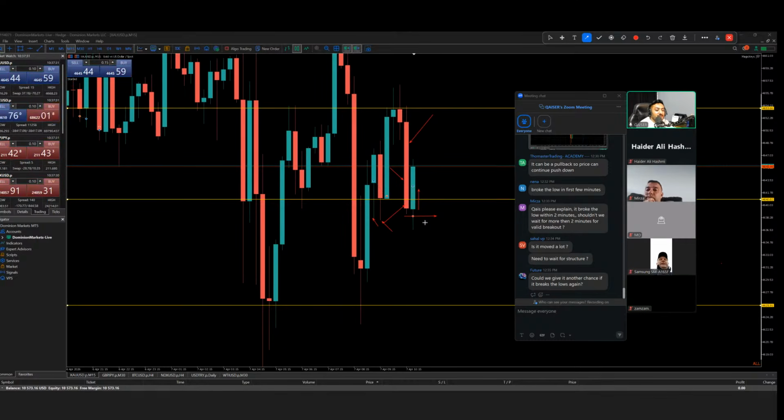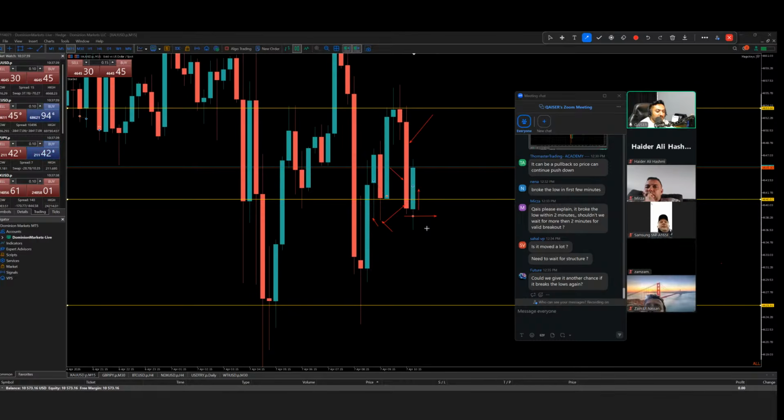What should be the probability? What should happen there? Can anyone tell me what should happen? What were the probabilities? What could happen? Yes, so there's a probability it could continuously push downside, but it never did that, because if it broke below